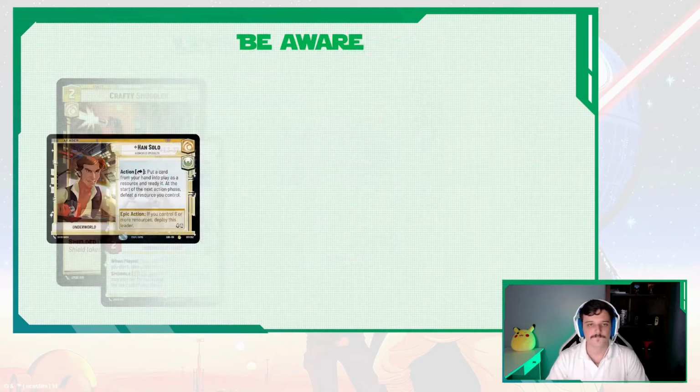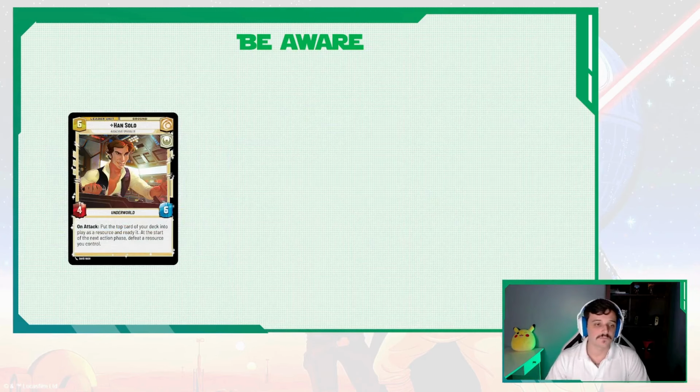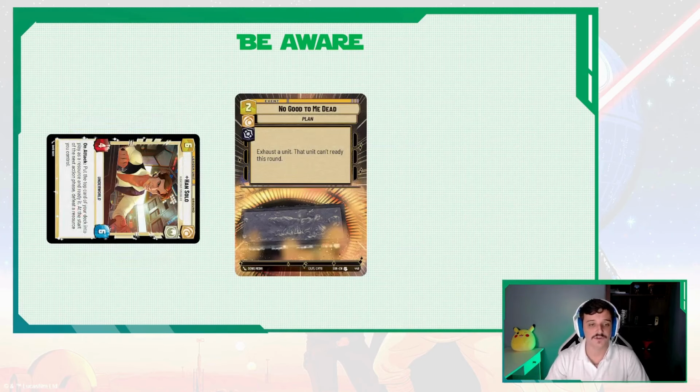So, things that we need to be aware of when you want to deploy Han Solo. Because in turn 4, you have 5 resources. You can use Han Solo's ability, put something in the resource, then you can deploy. But we need to be aware because your opponent might stop you, right? So we need to be aware of No Good to Me, because that can stop our Han Solo this turn,